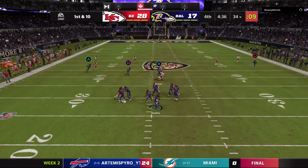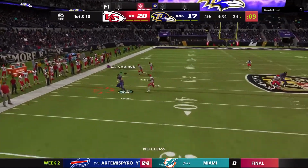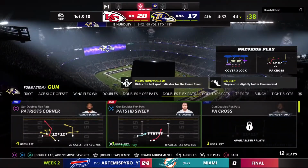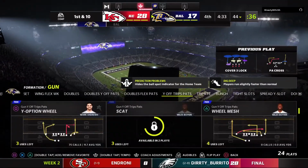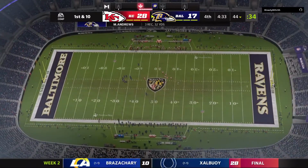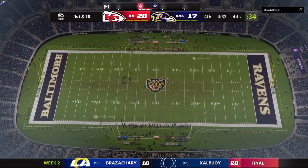Now a play fake here on first down. Looking left side, and he's got a man. That's Andrews. And he goes out of bounds just shy of the 45. Back-to-back 11-yard gains, and they've got another first down. First and 10 at the 44-yard